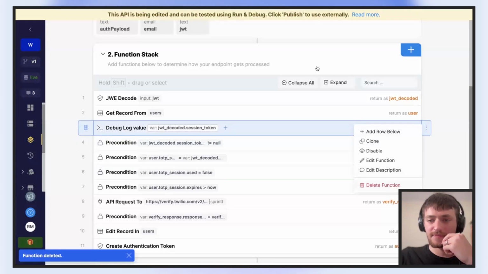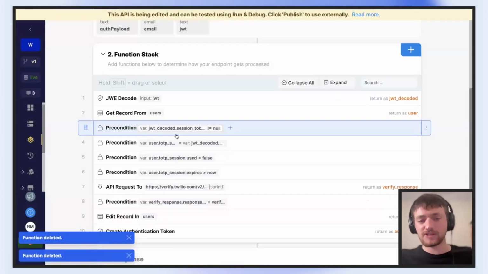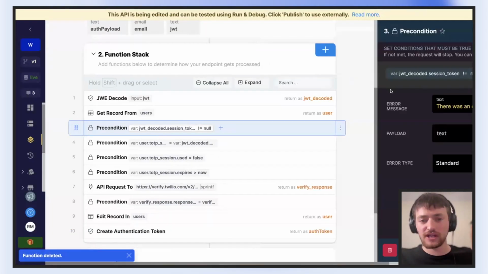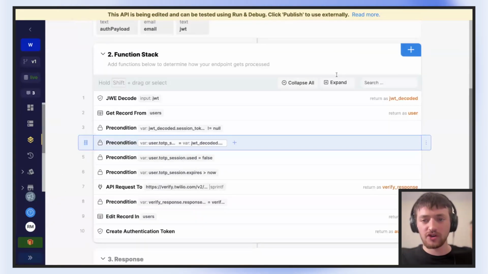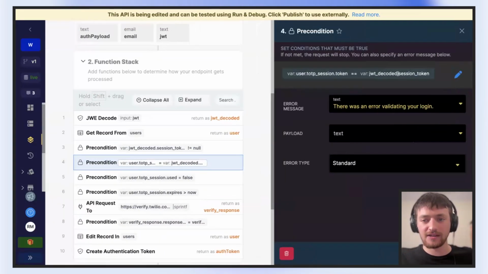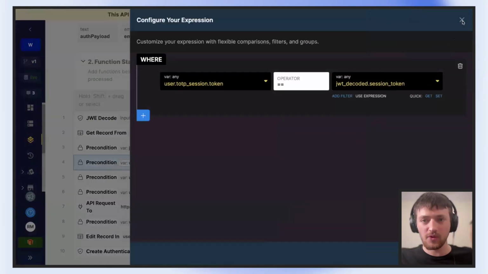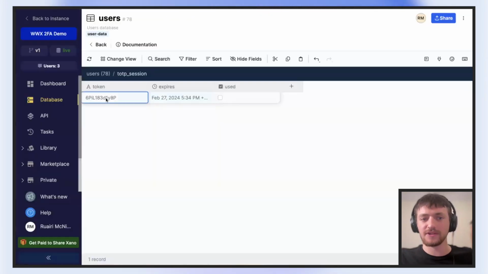Delete those. We basically just do a series of checks. We make sure that the decoded token exists, that it wasn't null. And we make sure that the token inside there is the same as the one that is in the database for the user. So we're essentially just creating this, encoding it, sending it to the front end, and then passing